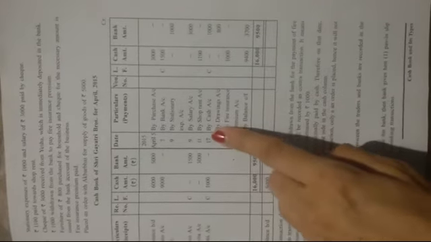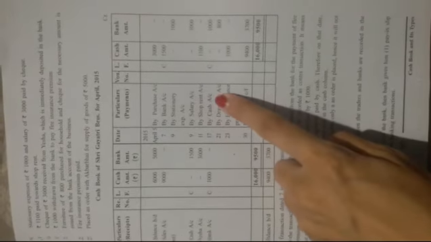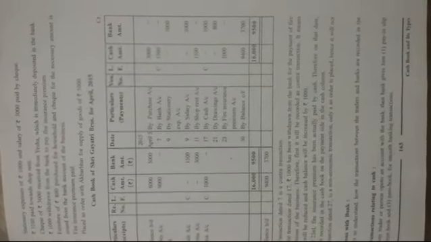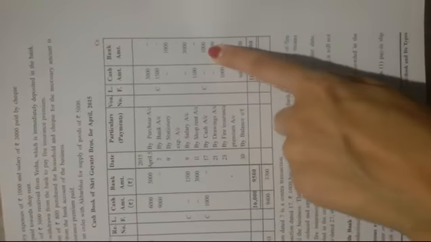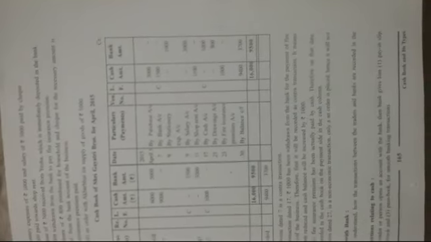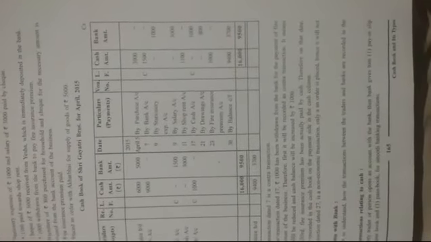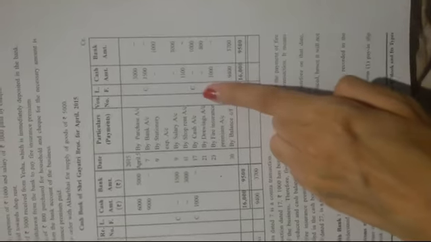And again on the credit side, 17 by cash account. So 1000 is also decreasing from the bank. Therefore you have to write that amount in the bank column. Because the bank balance is decreasing, it will be recorded on the payment side. So this amount will be recorded in the bank amount column, 1000, and here also write the C due to the contra transaction taken place. Got it? Okay.